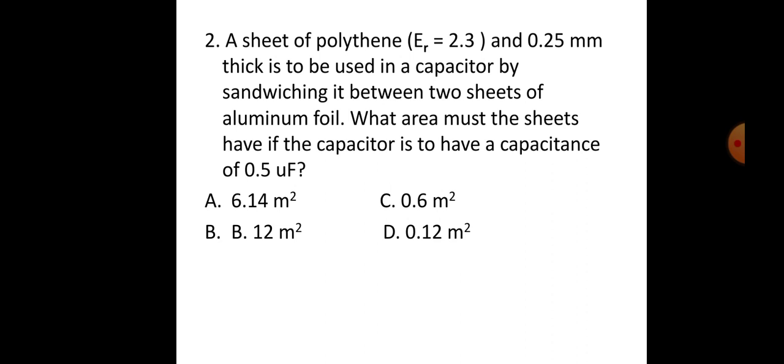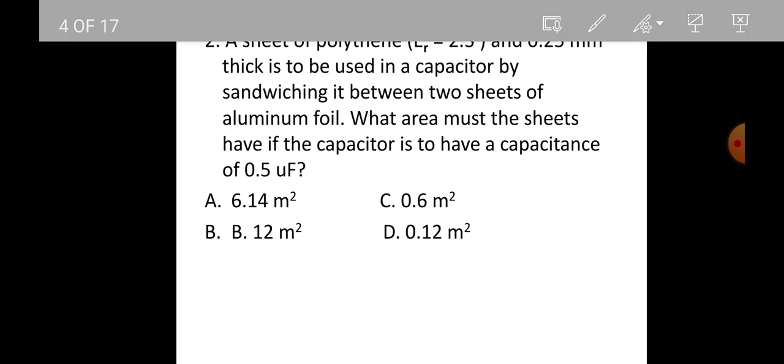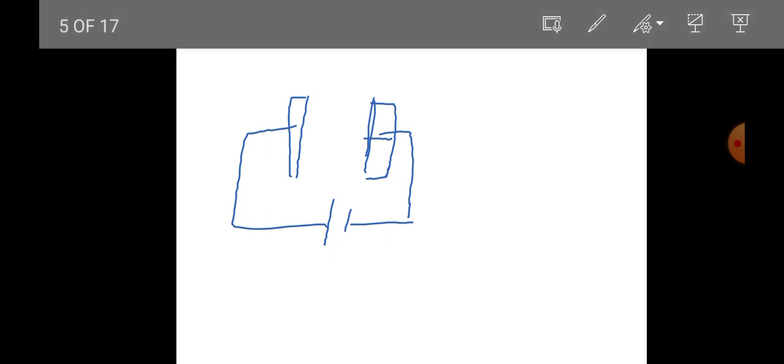ምርጫዎቹ አሉ። ይሄንን ለመፈለግ ምንድነው አሁን ያለን ፓራሌል ፕሌት ካፓሲተሮች አሉን። እነዚህ ፓራሌል ፕሌት ካፓሲተሮች ለምሳሌ እዚህ ጋር ፖቴንሻል ዲፈረንስ ኦር ባትሪ ታስሮበታል። እነዚህ ሁለቱ ፕሌቶች አሉን። relative permittivity አለ 0.25 thickness and what area must the sheets have ነው የሚለው area so በዚህ መልክ ነው አሬንጅመንቱ